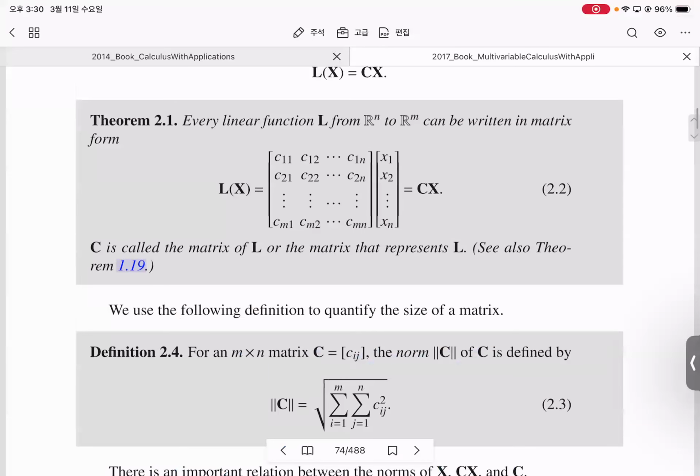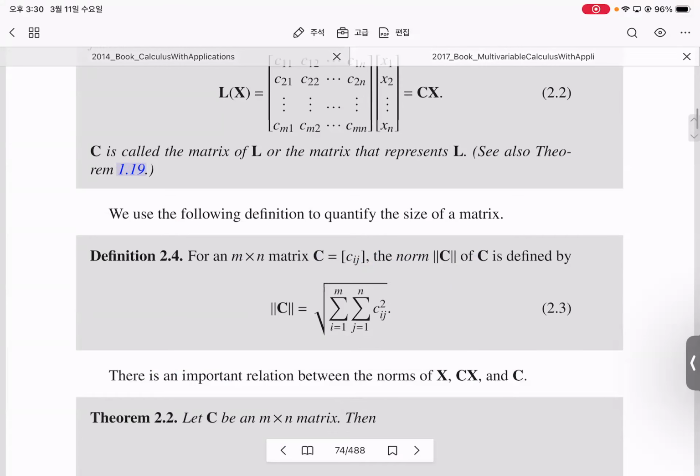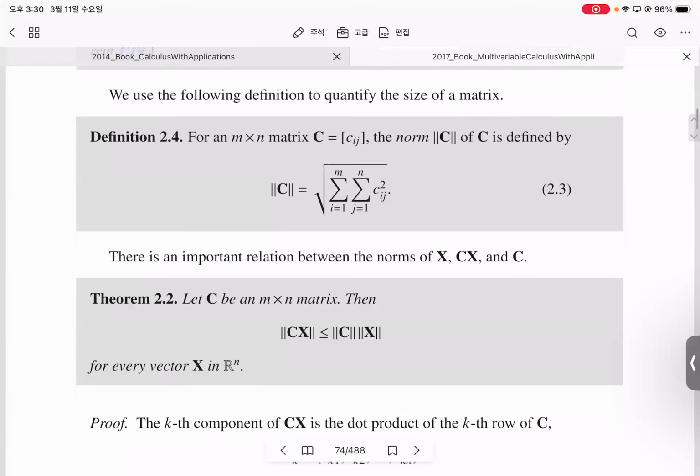So last time, we discussed that every linear function can be represented by a matrix. And today, we're gonna do